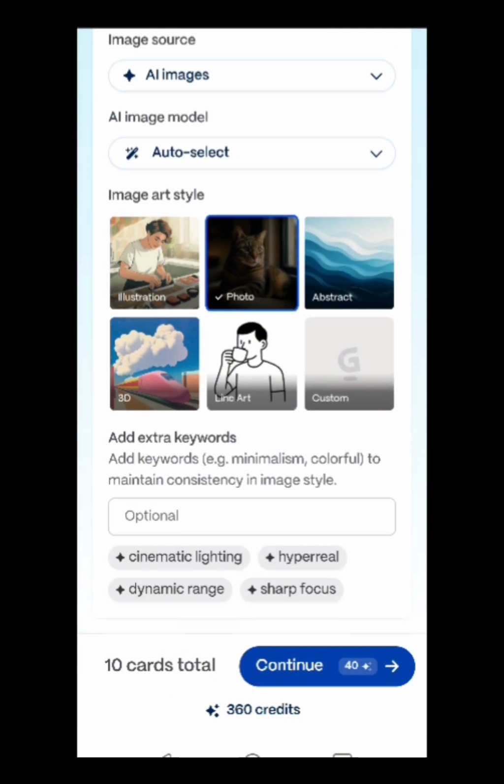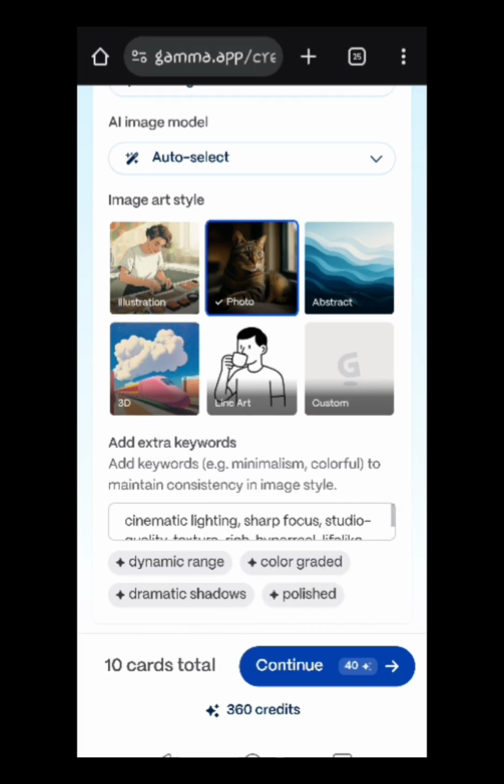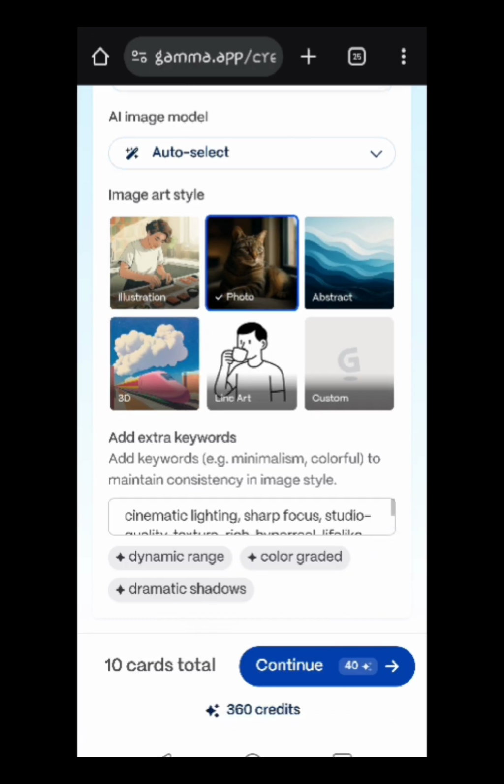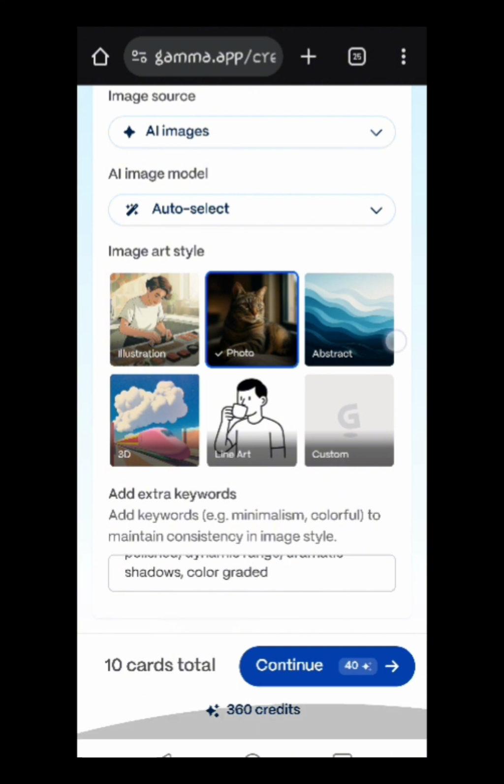Okay, so here are some extra keywords I can add. I can add cinematic lighting, I can add sharp focus, I can add studio quality, I can add texture rich, I can add hyper real. You can select as much as you want to select. I want it polished. Okay, so if I add all these things, it's going to give me something very, very nice, well graded. So see, to generate I need to use 40 credits as well. So I'll click on continue